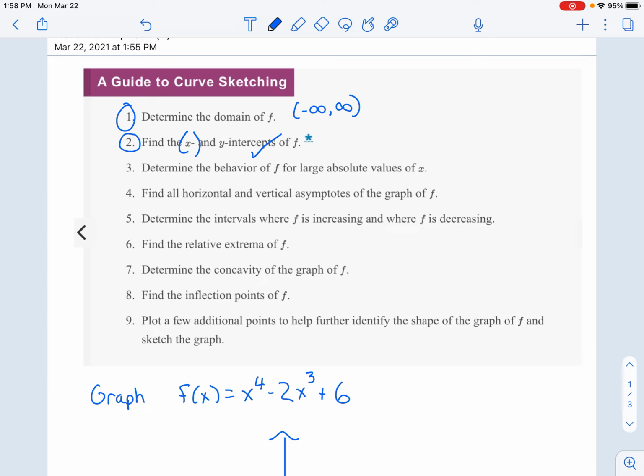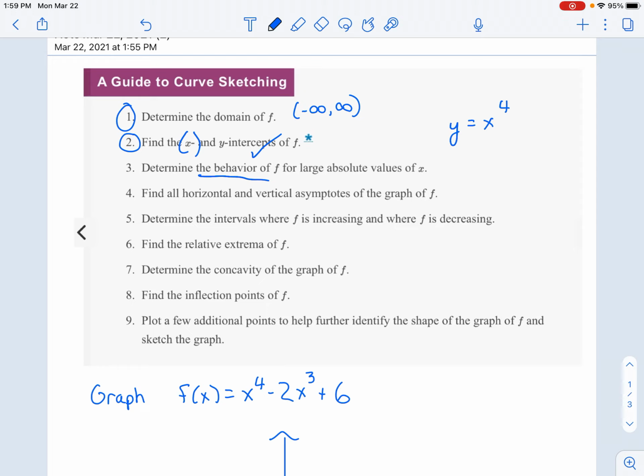And now determine the behavior for large absolute values of x. This is the end behavior. For this one, we talked about limits and such at the beginning of the semester, but I think it's easier just to use our algebra rules of thumb. So with the algebra rules of thumb, we're going to look at the leading term, the term with the highest exponent. So here 4 is the highest exponent. So we're going to say for large values of x, this behaves like y equals x to the 4th,